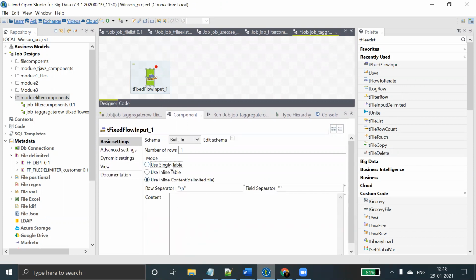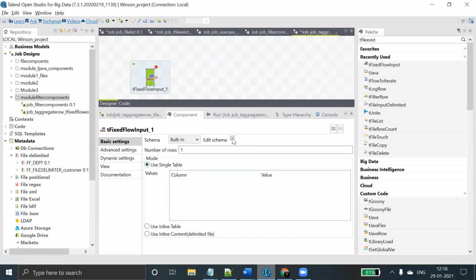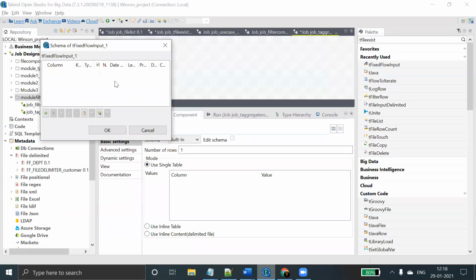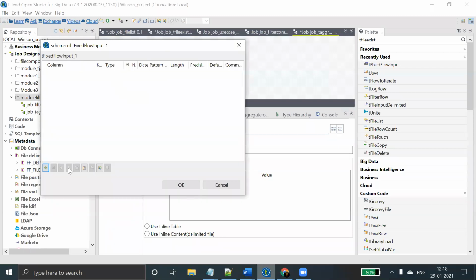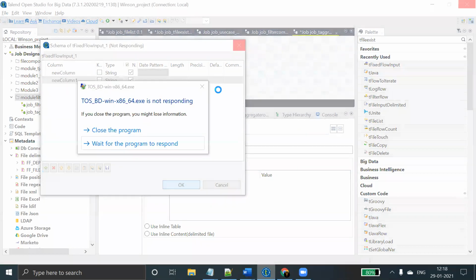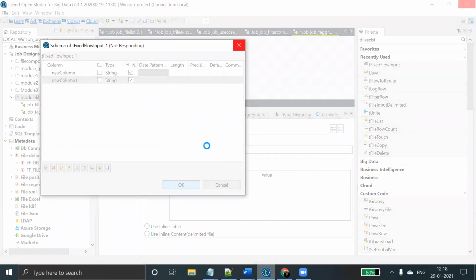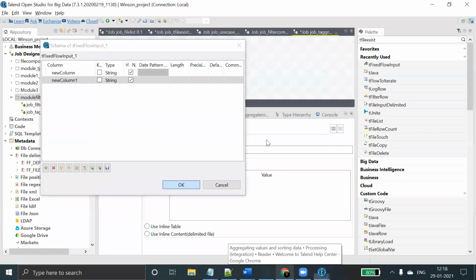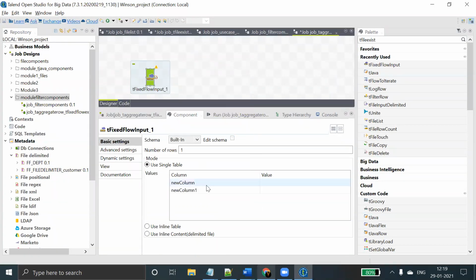What does single table mean? You can create some columns. If you see edit schema, you can create any number of columns based on your requirement. Suppose I'm creating a new column like this. So it is created two columns.